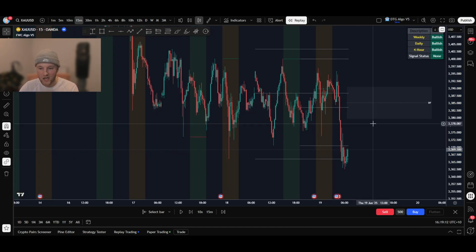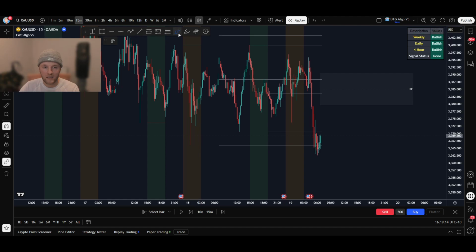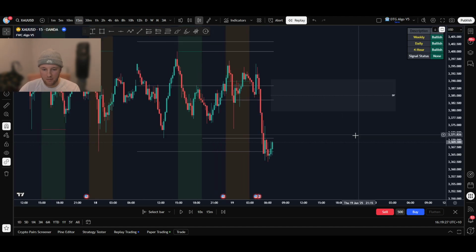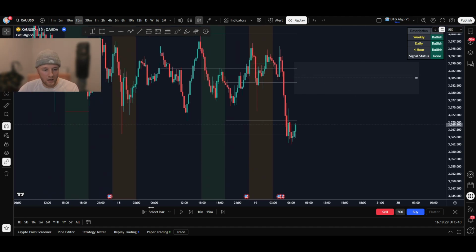We're looking during Asian session for the market to come back into this level, create a daily top wick, find resistance, and we can build confluence in here as well, and then start to continue the sell off to the downside. So if I play that forward a little bit,